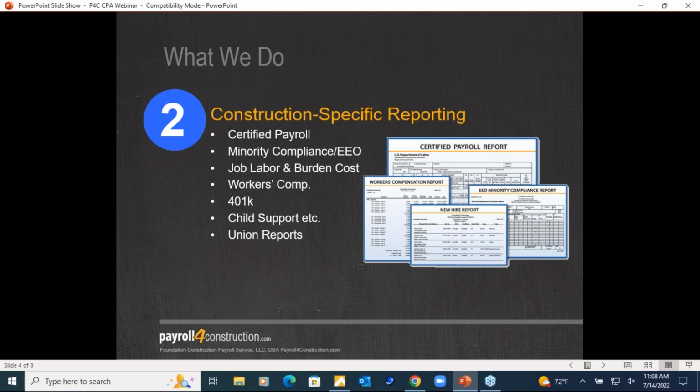Job labor and burden costing. It's another thing we do a very good job of because our system is powered by parts of a full job cost accounting system. So with that being said, when I work with contractors and CPAs, one of the things I like to show them is that make sure that not only they're job costing, but make sure that they're capturing everything. So that burden cost, when somebody says, hey, I have an employee who makes $20 an hour and